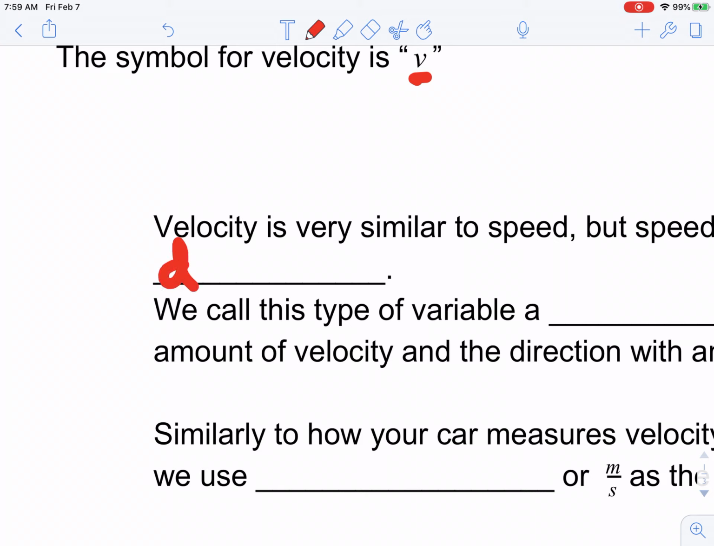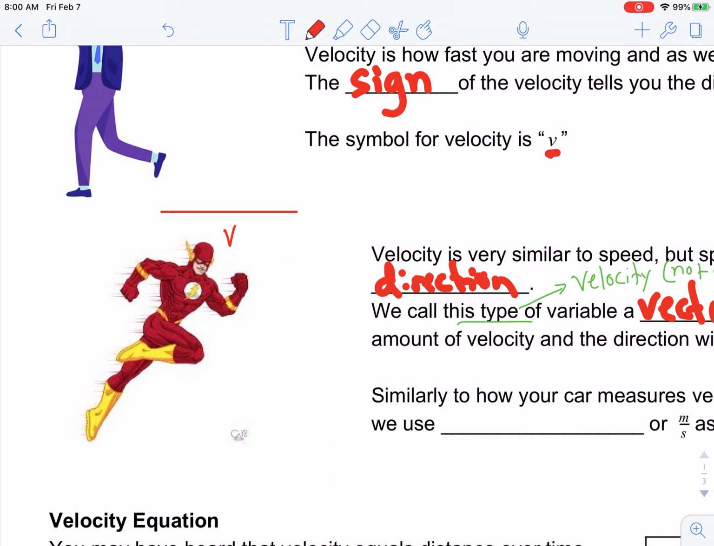Let me get a little bit different pen here. So he's going this way. I'm going to write velocity with a v, and I'm going to give him a little arrow going that way to the left. Now, oh my gosh, the Flash! Flash goes super fast. So I'm going to write a little v here, but I'm going to draw his arrow a lot longer